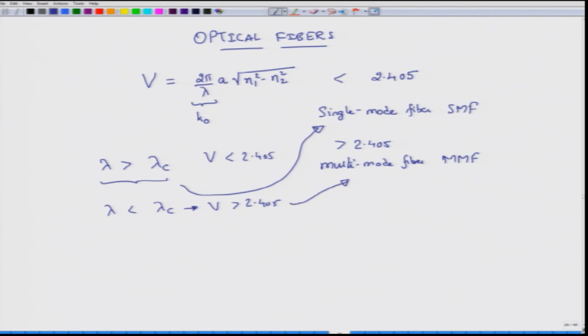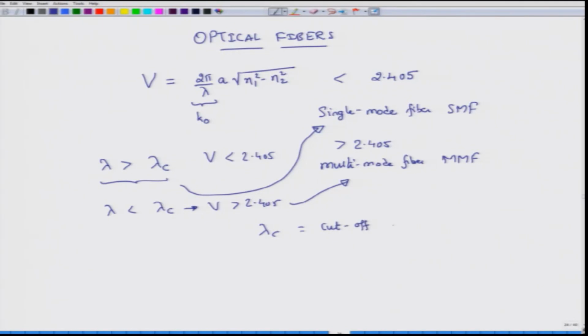So, it is possible for the same fiber to be single moded over a certain wavelength region, beyond what is called lambda c. So, beyond lambda c, for all those wavelengths, if the fiber is ensured to be single moded at lambda c, then for every lambda that is greater than lambda c, the fiber will remain single moded. However, if you reduce the wavelength lambda, then the fiber will not be single moded, it becomes multi moded, because V is inversely proportional to lambda.